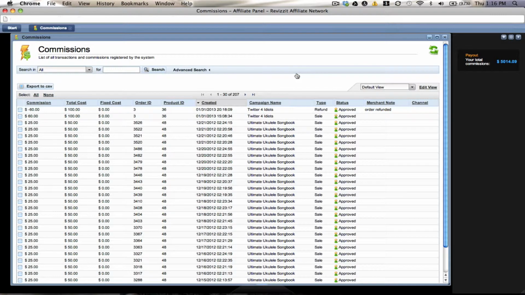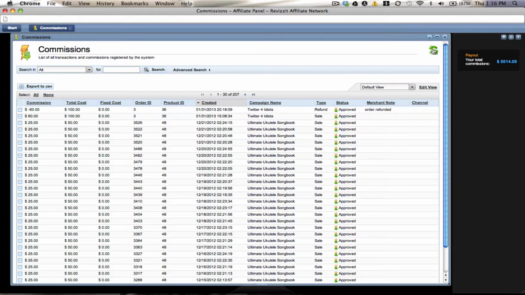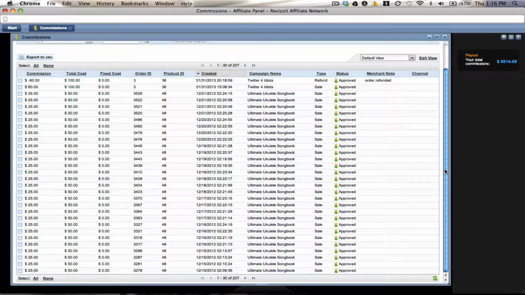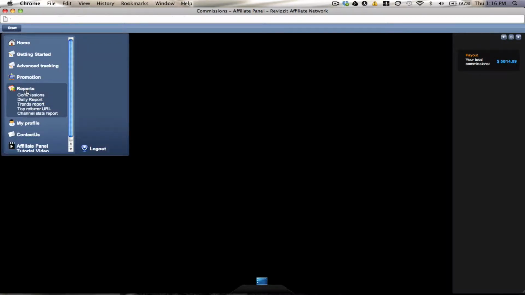Okay, what else? That's pretty much all there is to the commission screen. Of course, as always, you can click here and refresh it, and it'll show you if you've made any sales since the time you opened it, which is always fun. We'll go ahead and close this up, and we'll go to the next item in the reports, which is daily